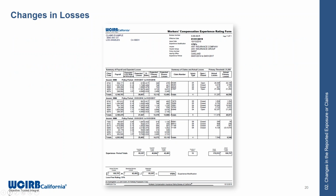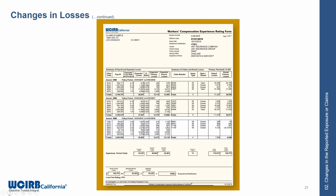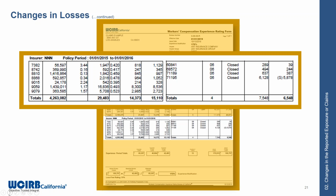So this is the 1/1/19 rate sheet. We're going to take a look at the 1/1/15 claims. If you look on the right, we have 4 claims for the 1/1/15 policy. All 4 claims are closed. The actual losses is 7,548, and your actual primary losses is